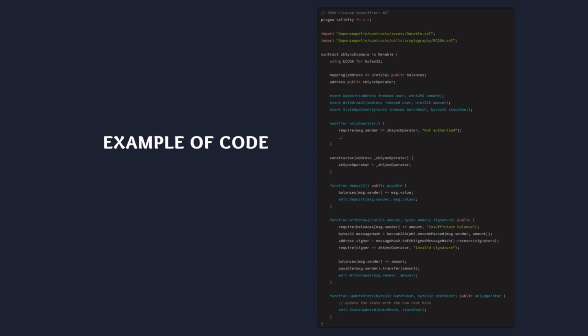State updates. The zkSync operator can update the state of the contract by submitting a batch hash and a new state root. This represents the aggregated off-chain transactions being committed on-chain. Security. The use of ECDSA signatures ensures that only the authorized operator can approve withdrawals, adding an extra layer of security. This example demonstrates how zkSync smart contracts leverage trustlessness, scalability, efficiency, and security to provide a robust solution for